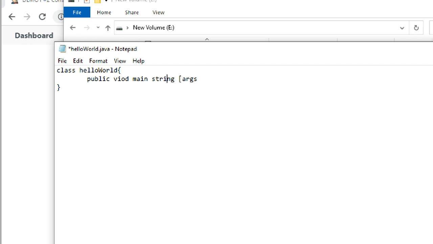Capital. Yes. Public static void main. Very good. Main string args. Void spelling wrong, that's why Python is a better one.